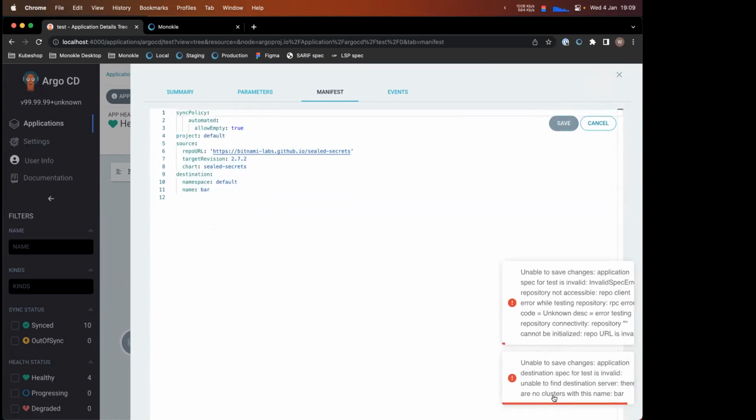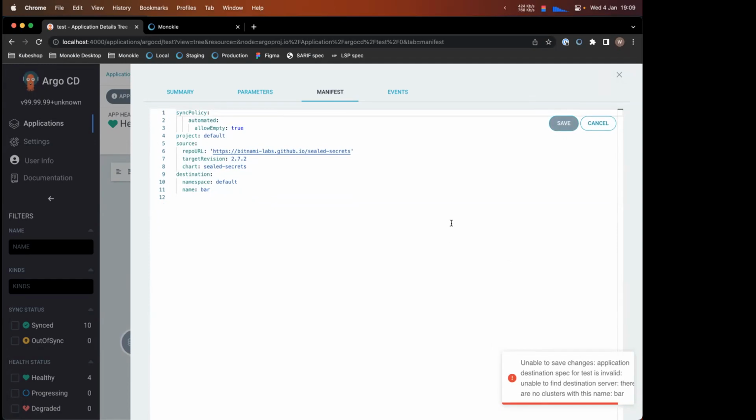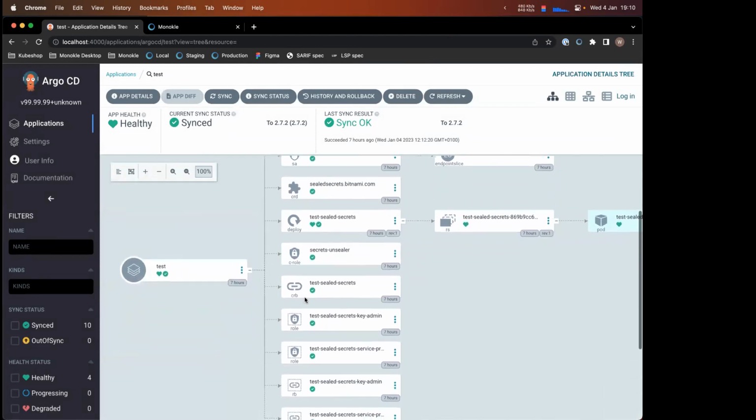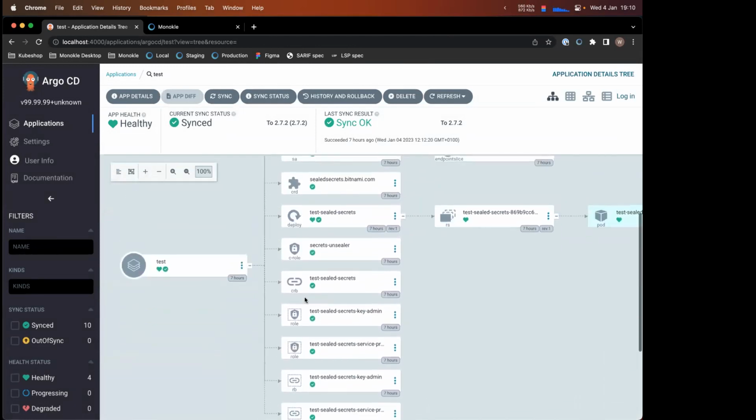Okay, my point is, everything is pulled from Git, right? So in this case, if the manifest in my Git repository still has whatever wrong spec that I have there, and if I edit in Argo CD directly and save here,